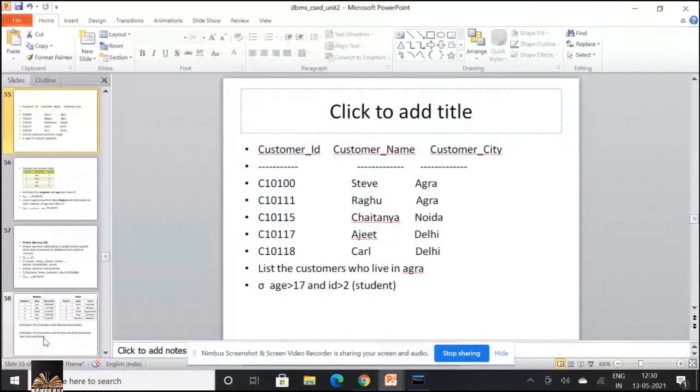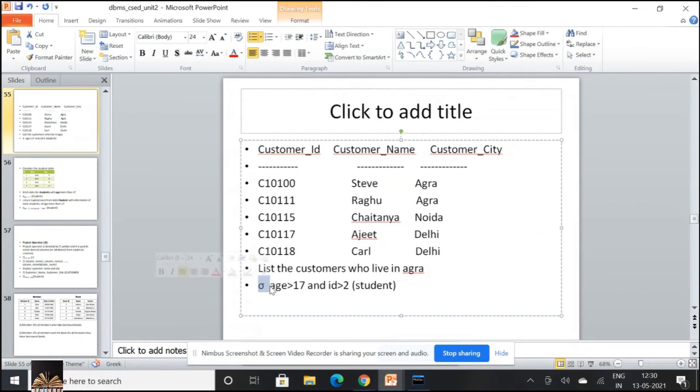See, I have a customer table. Now, if I want to display the list of customers who live in Agra, how do I write the query? Sigma is the symbol.